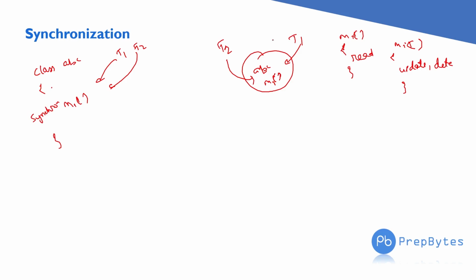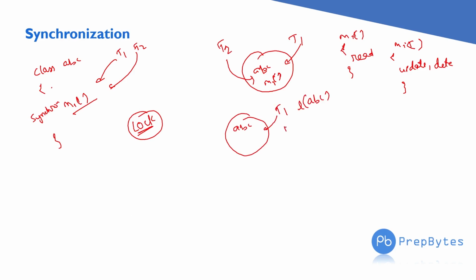then at a time only a single thread is allowed to execute method 1. Now how will that happen? Every object in Java has a thing known as a lock. So when we use the synchronized keyword, and T1 comes to this ABC, T1 will acquire a lock